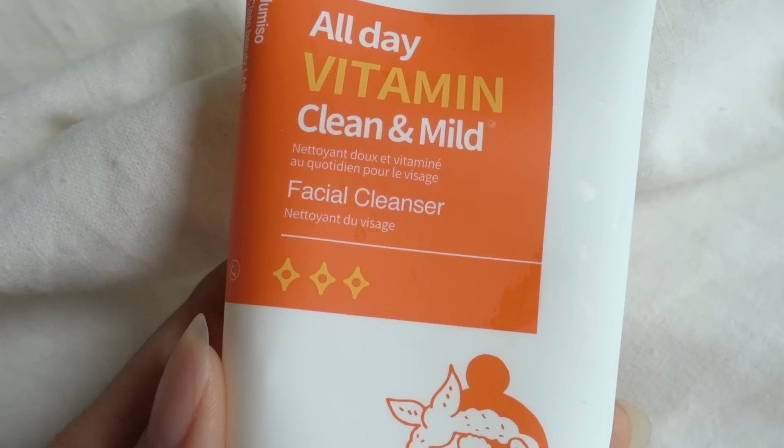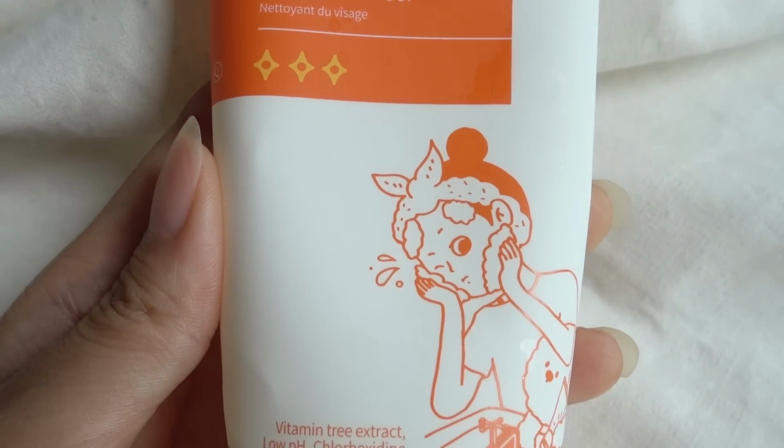Even if the powder type is not really soft or fine, you're going to mix it with the water to bubble it up and then put it on your face, so it doesn't irritate your skin or anything like that. So this is also a great powder type of enzyme wash that you guys can check out. All right, so the next product is from JUMISO, and this is the All Day Vitamin Clean and Mild